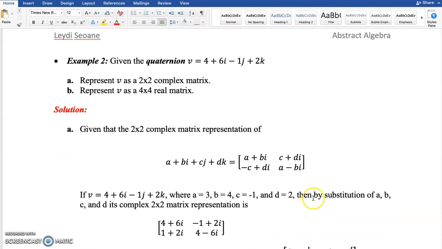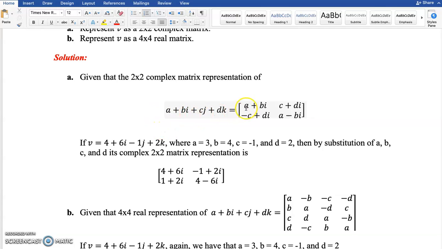In example 2, we have the quaternion V equals 4 plus 6i minus 1j plus 2k. In A, we are asked to represent V as a 2 by 2 complex matrix. So the complex matrix representation of a quaternion